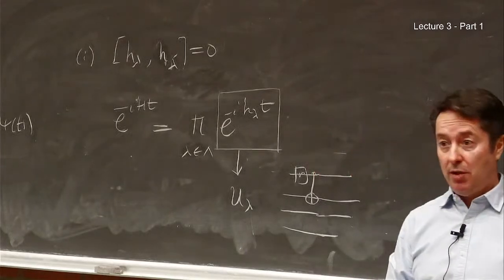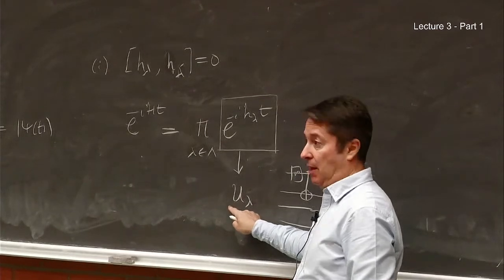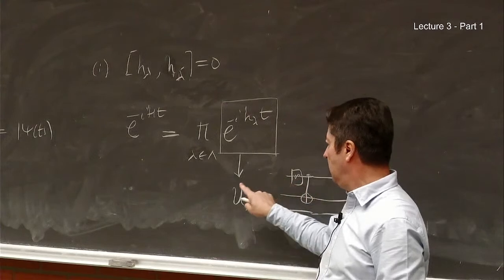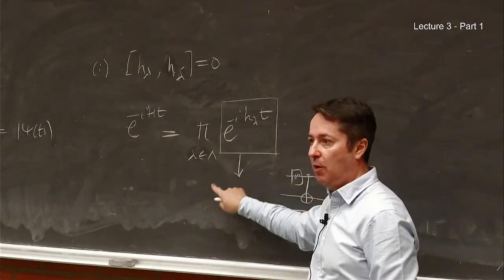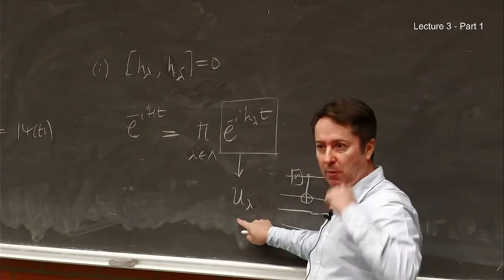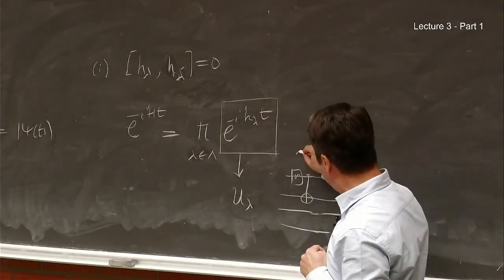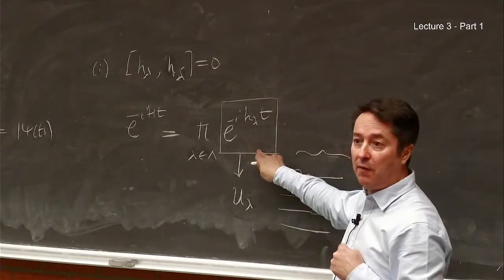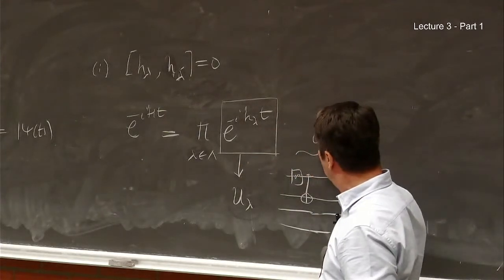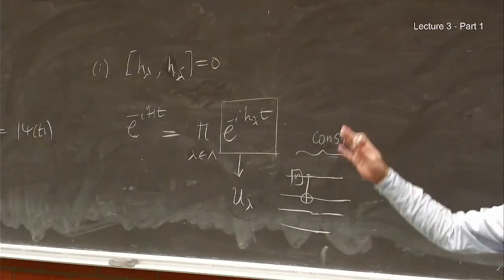And something that I didn't mention yesterday but I should have mentioned, is that it can be easily shown that the number of gates that you need to create an arbitrary operator is 2 to the power the number of qubits that you have. So since we have here a constant number of qubits, the number of gates, so the circuit depth of each of them, will be 2 to some number which is a constant, so it will be constant. It depends only on the range of the Hamiltonian. It does not depend on n.